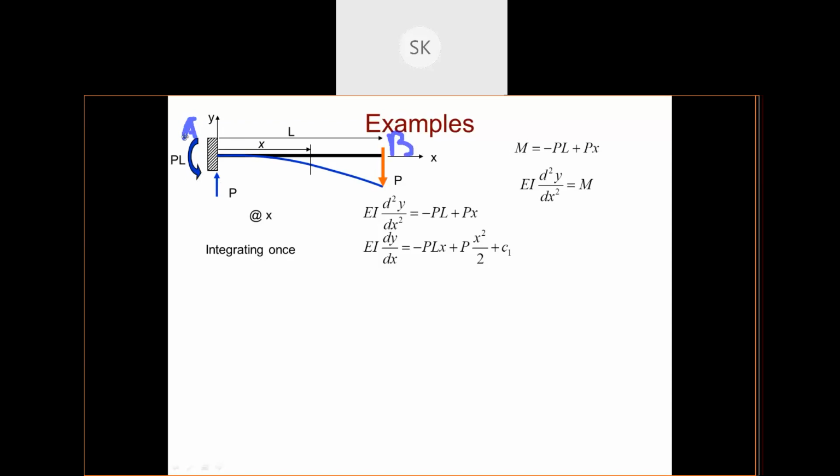At A there is no deflection. So that is the boundary condition, that at A your deflection is 0, plus slope is also 0. If you make a tangent to this elastic curve, there won't be any angle because there is no deflection and slope. So at A your deflection and slope is 0,